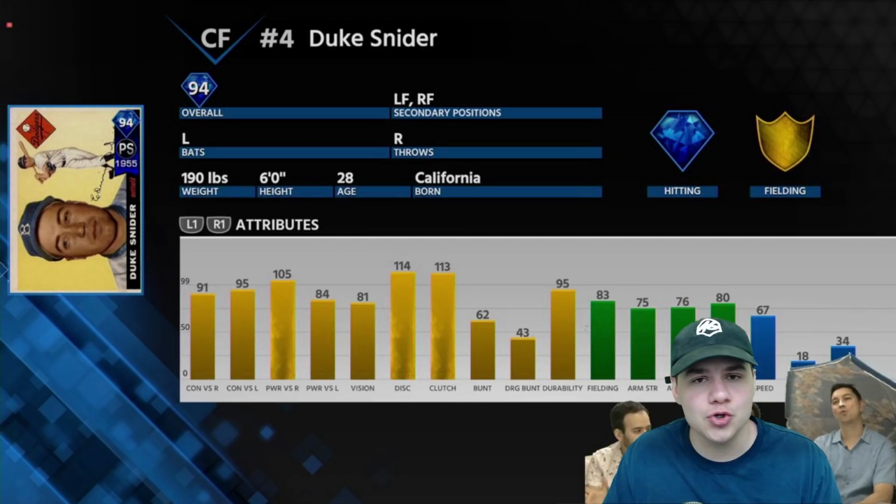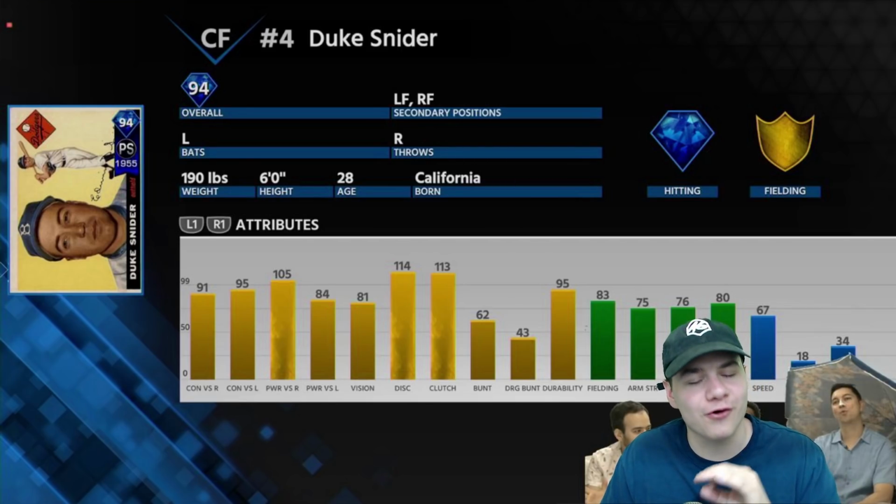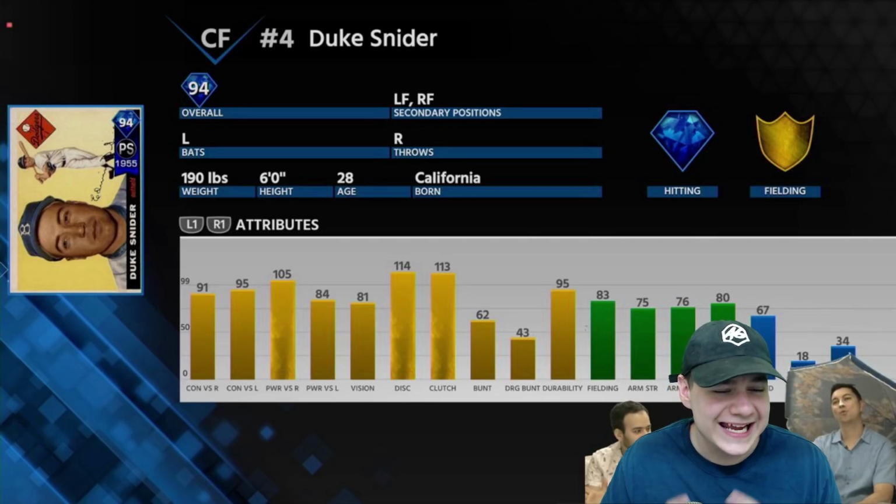So finally we're getting a new legend, and it is Duke Snider. He is a 94 overall postseason card from 1955. There we go, sorry about that. Center fielder, can play all 3 outfield positions. He's a diamond hitter,